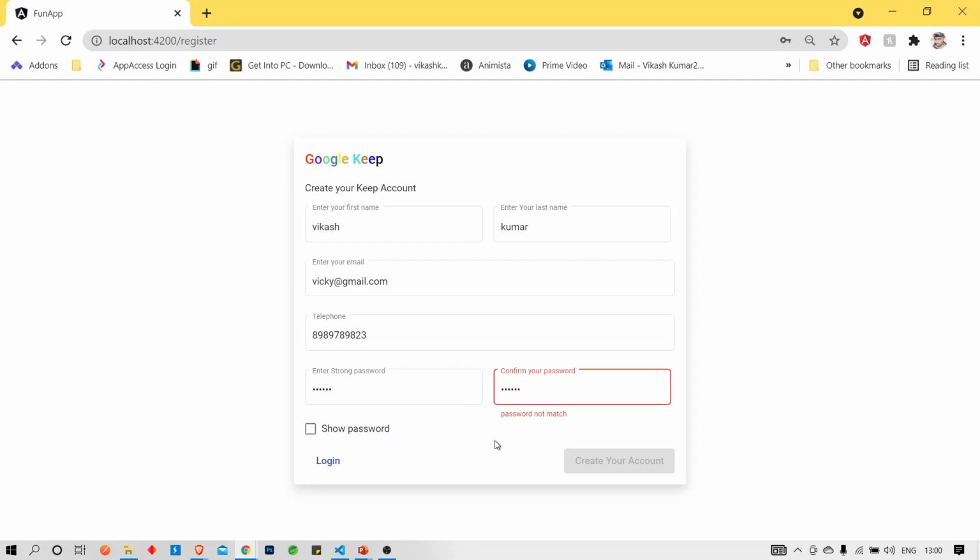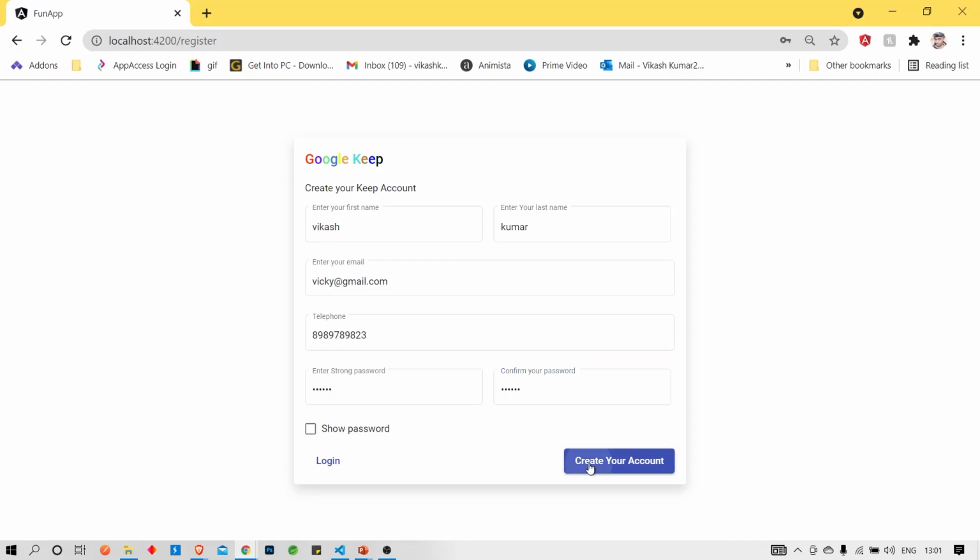We can't create an account because this button is disabled. If each and every field is correct, only then can we create an account. So here we need to give the correct password. Yeah, this matches. Now we are good to create our account in Google Keep.